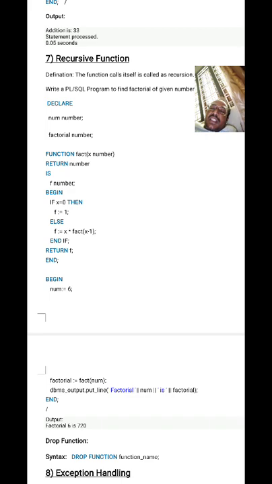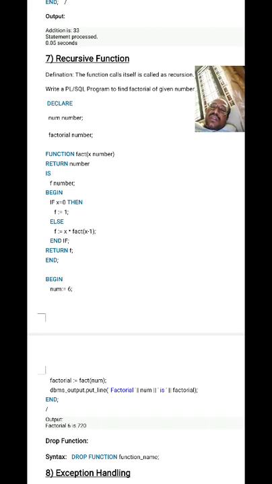If x is equal to 0, it's not true. So it does not return; it enters the else. f is equal to 6 into fact(6 minus 1), meaning 5. Again fact is called, now the x value is 5, then again it enters: x is equal to 0 false, so else.